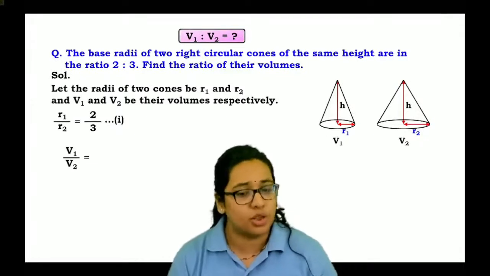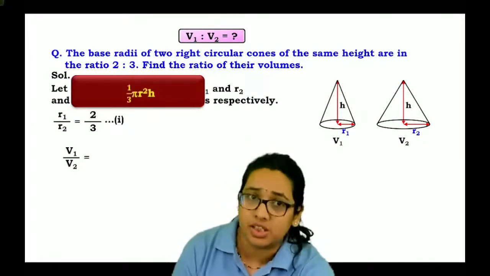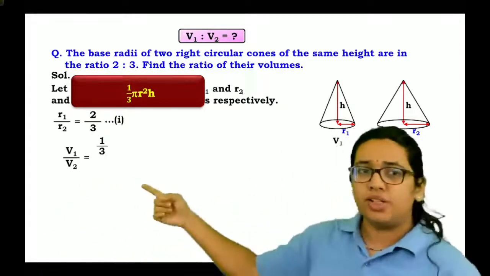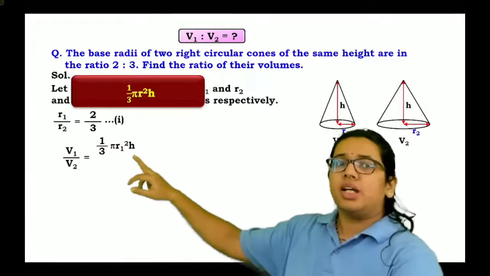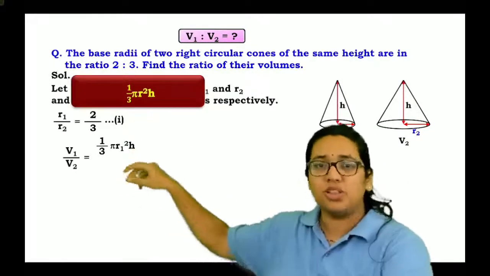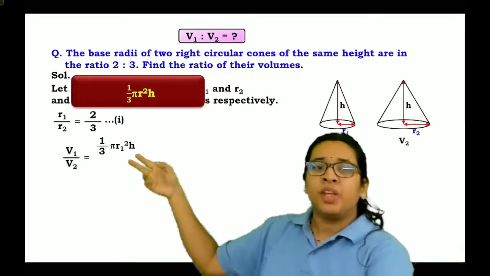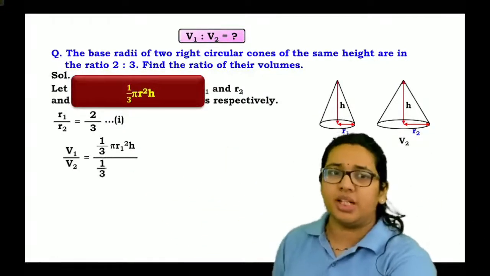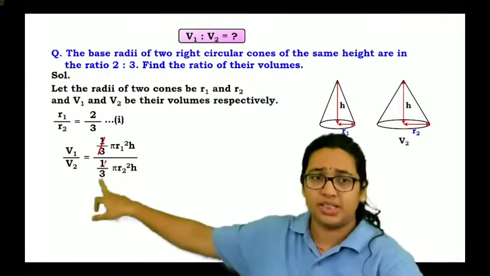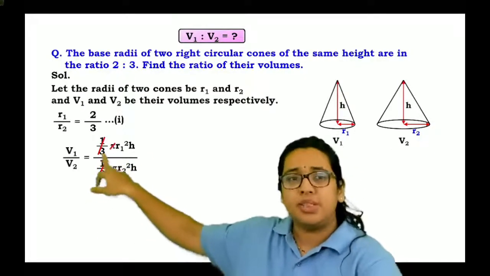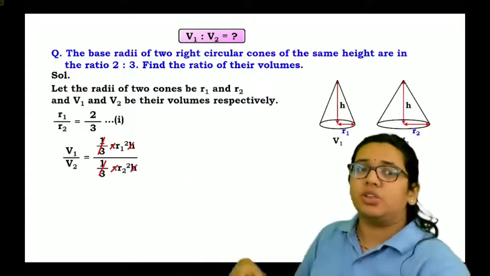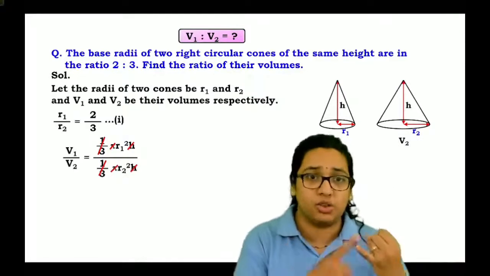Volume of a right circular cone is nothing but 1/3 of pi r square h. So हम लिखते हैं V1 आपका बन जाएगा 1/3 into pi into instead of r we'll put r1 square because हम फर्स्ट कोन के बारे में बोल रहे हैं. एंड h दोनों केसेस में सेम रहेगा, ये आपको पता था. सो 1/3 आपका हो जाएगा कैंसिल बिकॉज स्केलर क्वांटिटीज है. सिमिलरली h भी हो जाएगा कैंसिल एंड pi एज वेल बिकॉज ऑब्वियसली 1/3 एंड pi ये तो स्केलर क्वांटिटी रहने